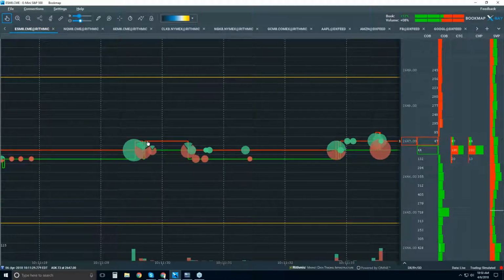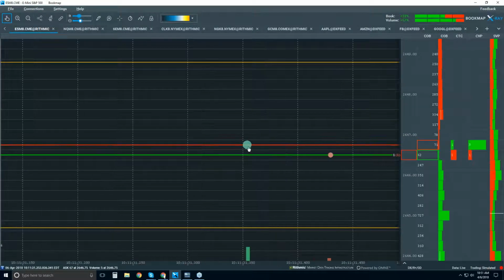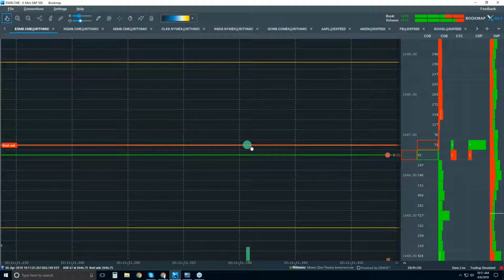And what are they? These are the transactions. So a green dot like this one here, this is a market buy. They crossed the spread and they took liquidity off of the best offer. And this is a market sell. They hit the market sell button and took liquidity off of the best bid. Now we can zoom into these areas, and we're going to see. Well, this is actually a trade for one,